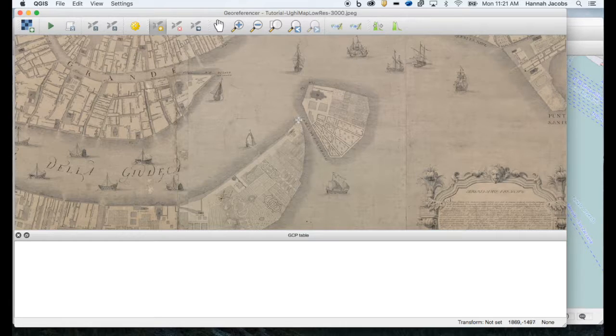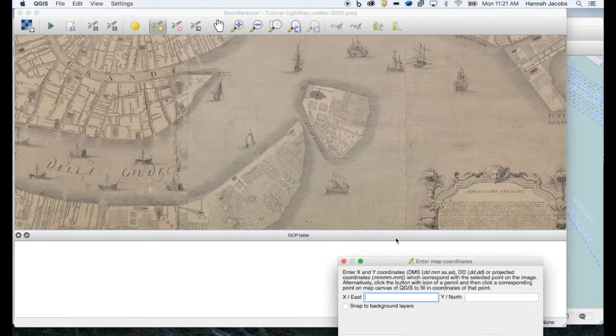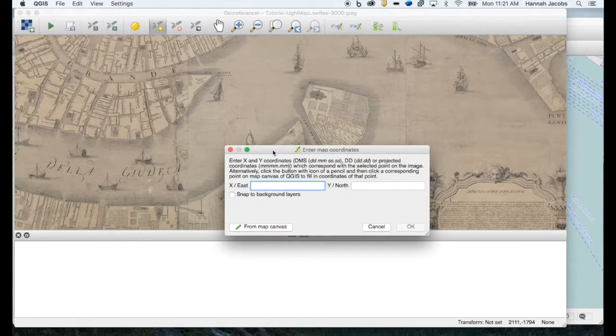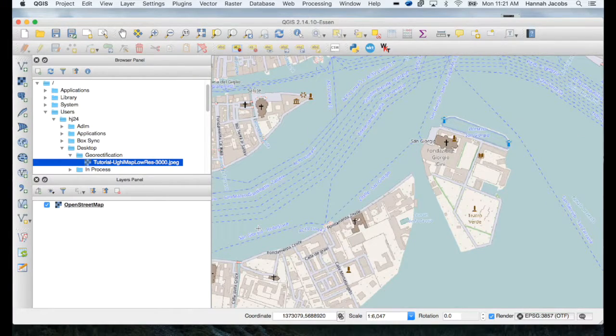of the Giudecca. I'll click once, and a window has popped up called Enter Map Coordinates. If I knew the exact map coordinates for this point on the island, I could add those in by typing or copying and pasting, but because I don't, what I'm going to do is click From Map Canvas over here on the left, and that will automatically hide the georeferencer window and return me to the QGIS window, where I can now click on that corresponding corner